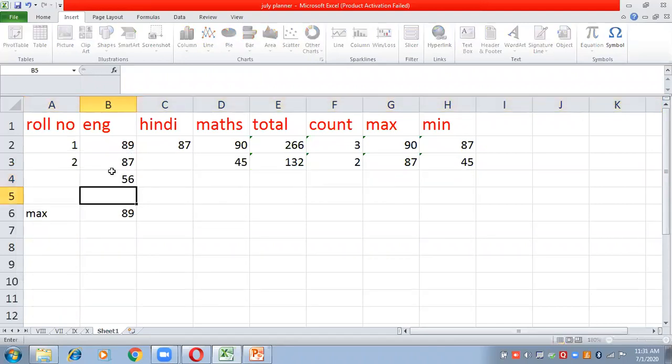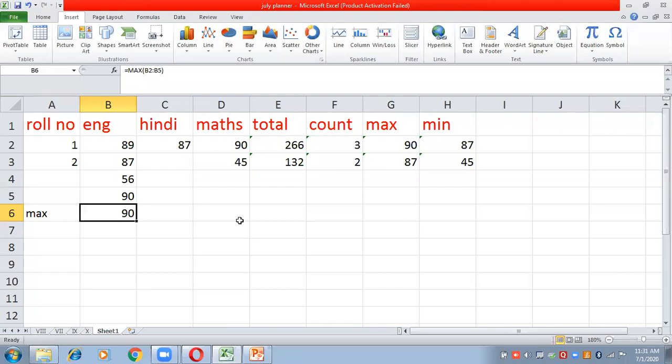I'm just entering the marks of these 2 students. Let us make it 90 now. Now we have to change the formula first. The address of the first cell is okay, but the address of the last cell is not fine. So we have to correct it and make it B5 and enter. Now it is correct and calculating the correct answer. Max is 90, the maximum marks of English.